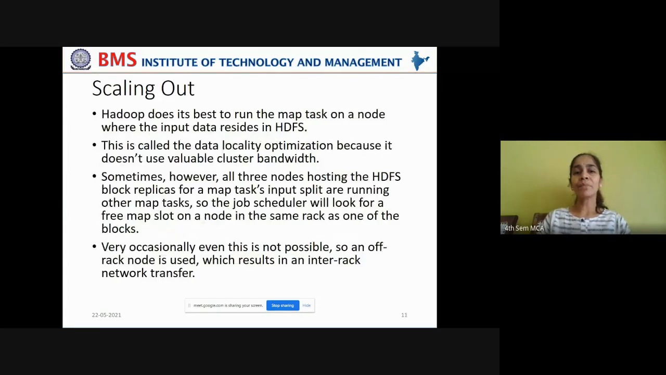Now, Hadoop does its best to run the map task on a node where the input data resides in HDFS. This is again,